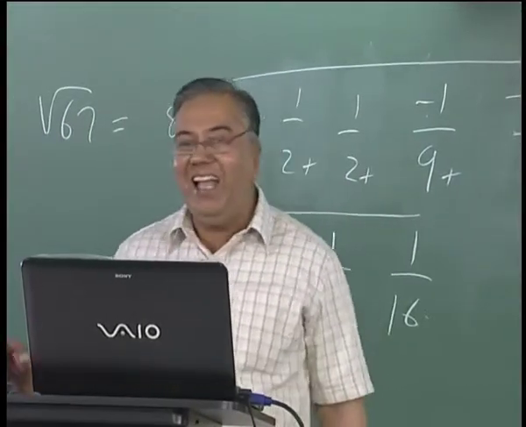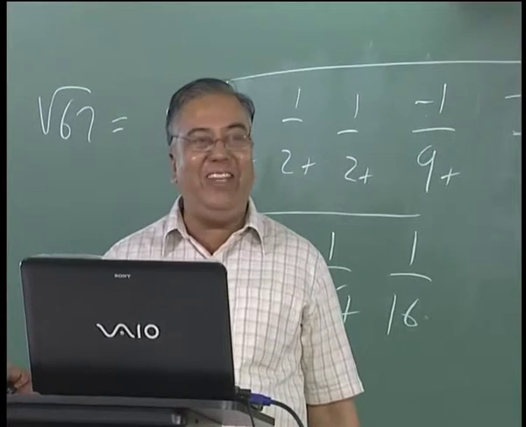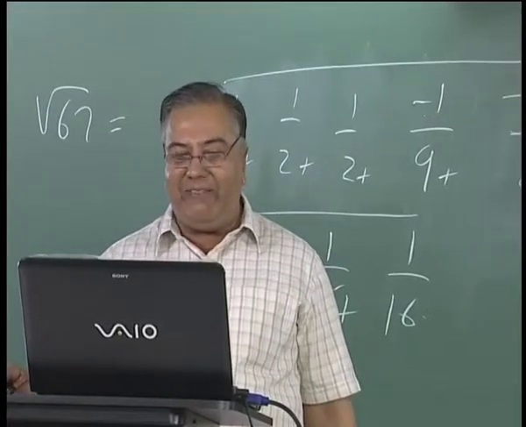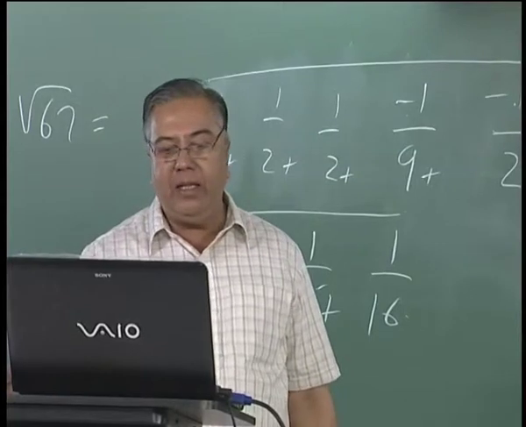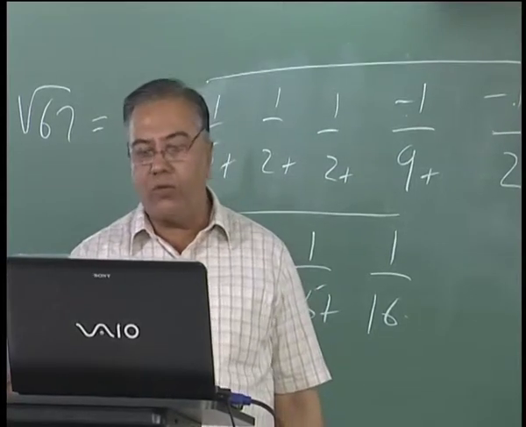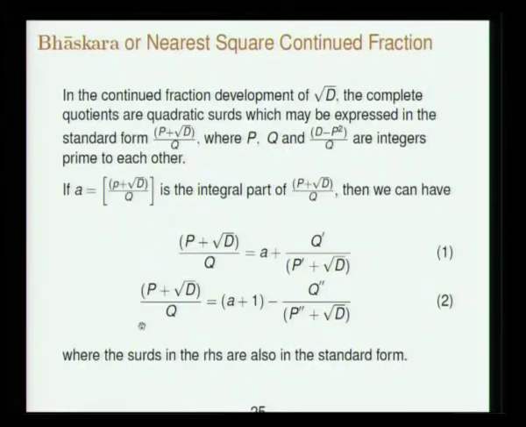So it has an odd period, you are getting this minus 1, it will take 11 steps, and to get those 11 steps, 1 2 3 4 extra steps Euler-Lagrange adds. Chakravala will come in 7 steps instead of 11. So this we can see by looking at the two continued fractions.